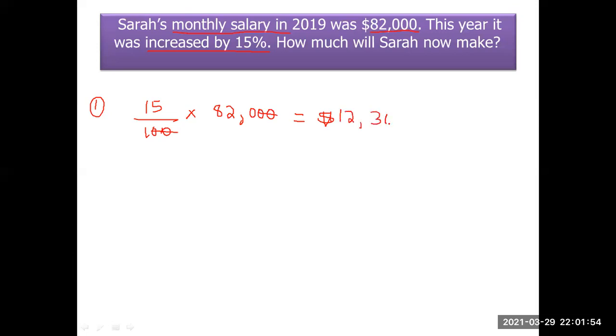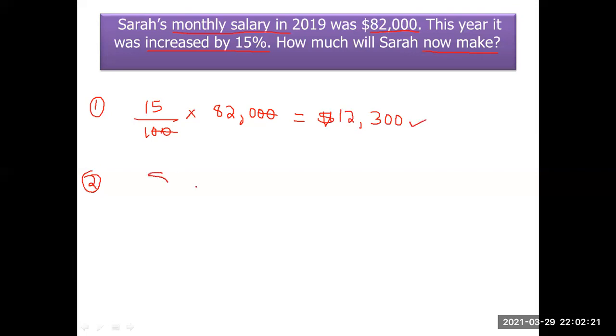$12,300. Are we finished with this problem? No, we're not, because that value that we just calculated is just the amount that it was increased by. So we want to know how much will Sarah now make. We have to add that value, the increased value here, to the